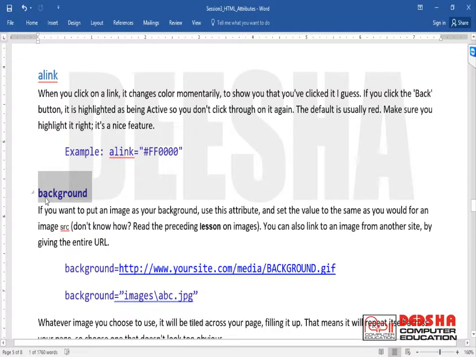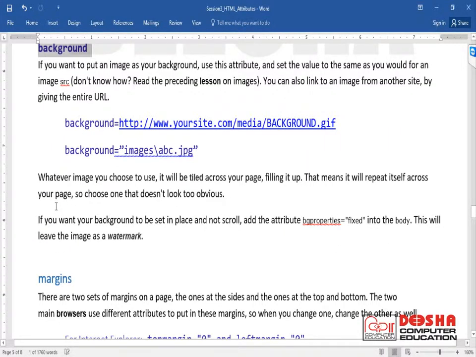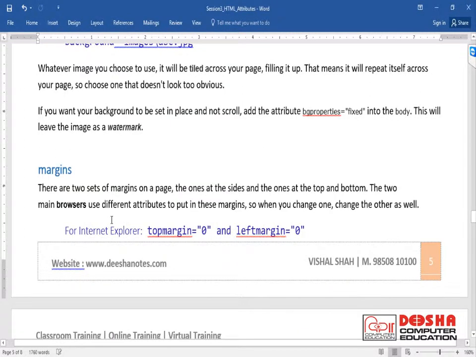Using the background attribute, we can put an image in the background of the body. Whatever you choose as the image, it will be tiled across your page if the dimension is small. Actually there is one more property, bgproperties equal to fixed in the body, that we will see later. Sometimes we want one image as a watermark. These things we will see later.